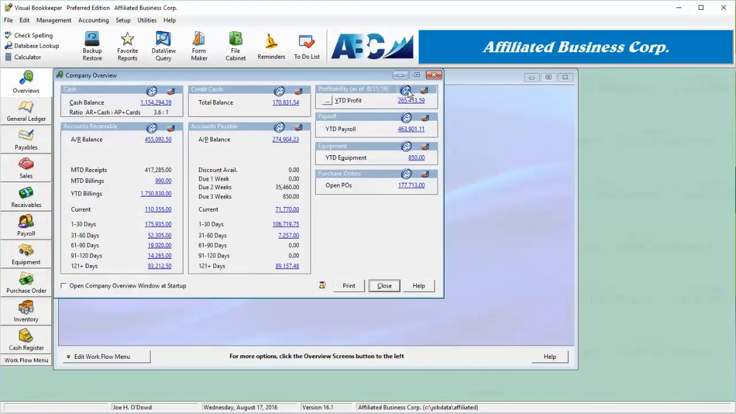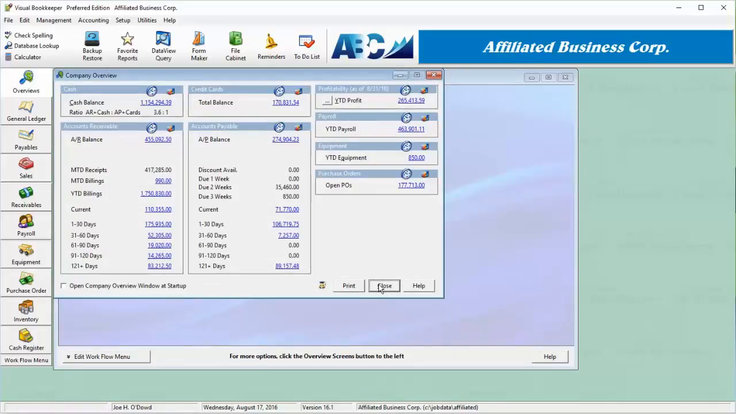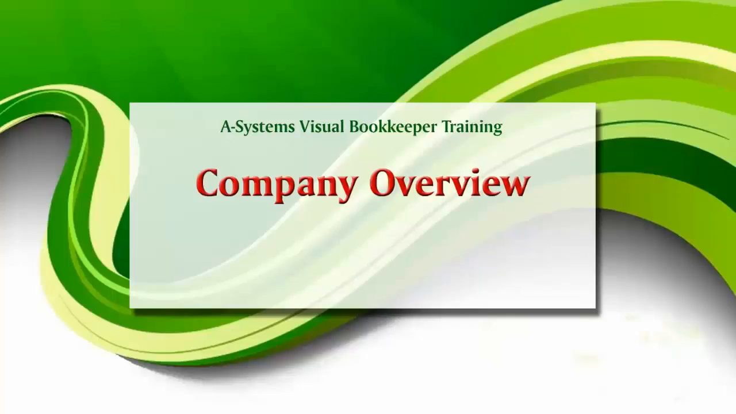If we click the button in the Accounts Receivable or Accounts Payable group, we will see a list of the most recently posted invoices. As you can see, the company overview features of Visual Bookkeeper are highly sophisticated and yet so simple to use. Your company will greatly benefit from the power you can wield using